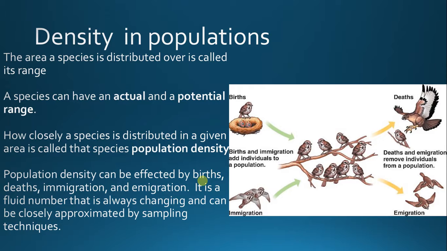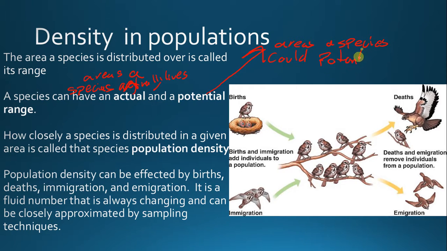Right. When we look at dispersion or distribution as a whole, we'll see different patterns, but we can also see different densities. The area a species is distributed over is called its range. A species can have an actual range, areas a species actually lives, and a potential range, areas a species could